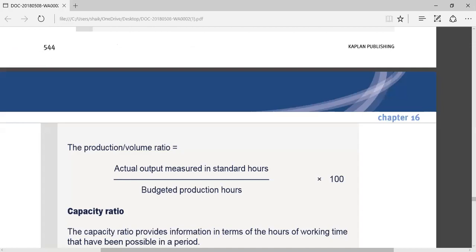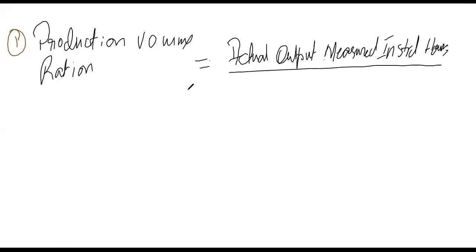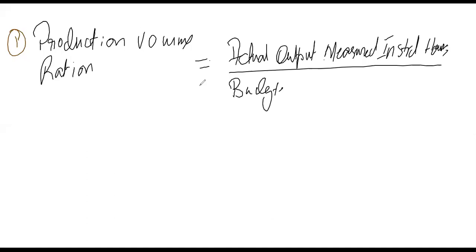So the formula is actual output measured in standard hours divided by budgeted production hours, multiplied by 100, because this formula is measured in comparison with 100. So while viewing this formula, we can easily say,